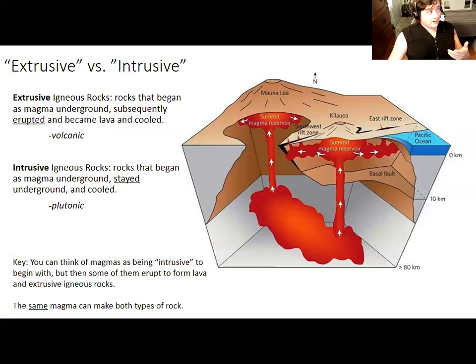Granite that we now see in places like Yosemite National Park is formed as a pluton underground originally. And one thing to think about is that all magmas start out as intrusive in a way. You can think of magmas as all beginning as intrusive. Magma always forms underground, but then some of those magmas do erupt at the surface to become lava and form extrusive igneous rocks. And I like this diagram because, for one thing, it's a cool schematic